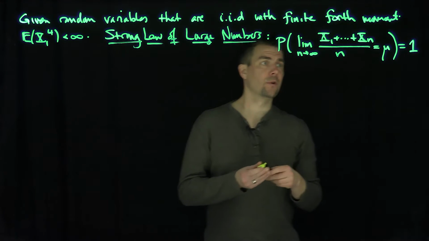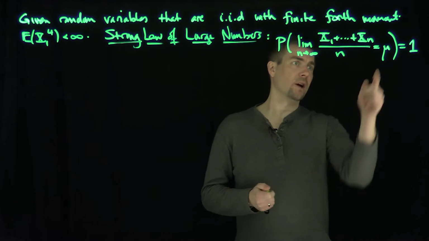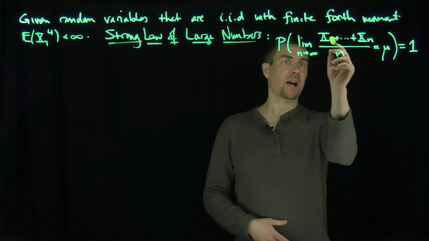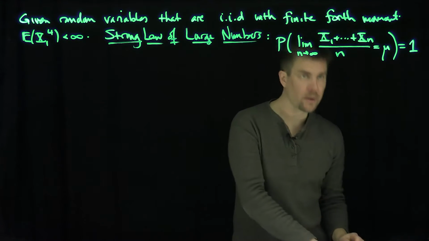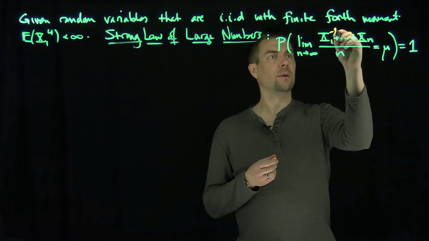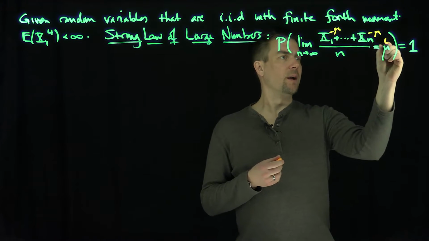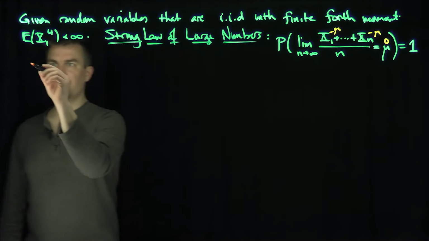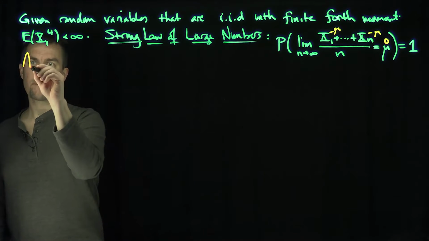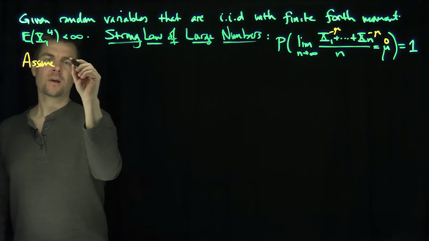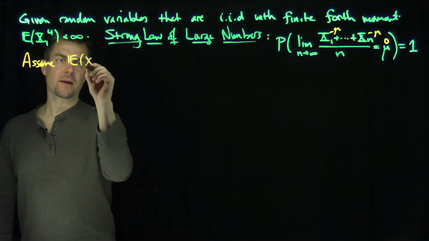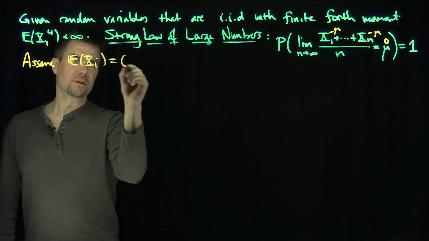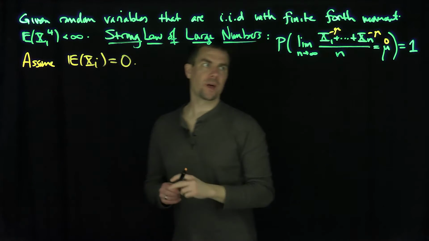Okay, so of course the standard trick is that I'm going to assume without loss of generality that mu is equal to 0, because I can subtract off n copies of mu. By subtracting off a mu over here, a mu over here, and a mu over here, I can put a 0 there. So I can center the random variables. We can assume without loss of generality the expected value of Xi is equal to 0. Okay, so we're going to assume that.